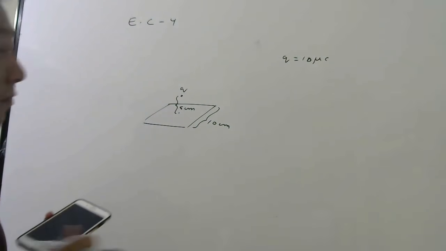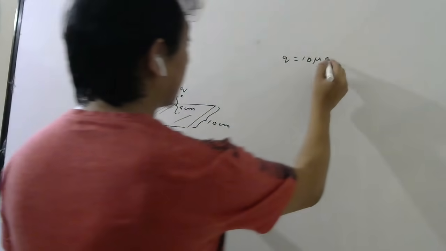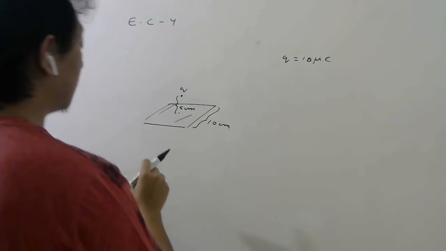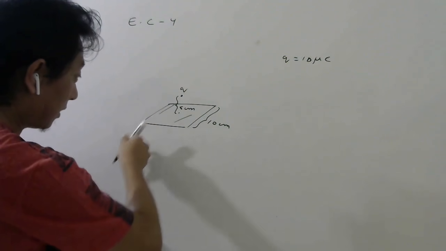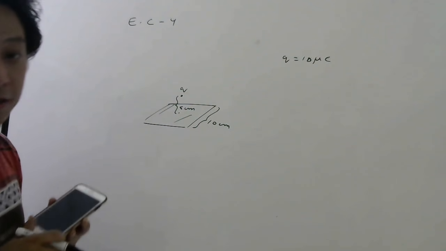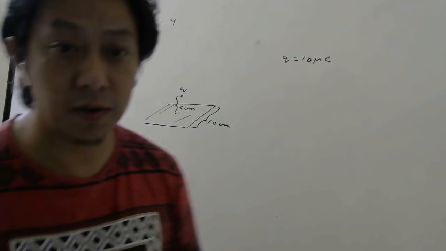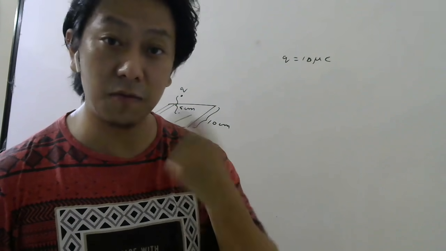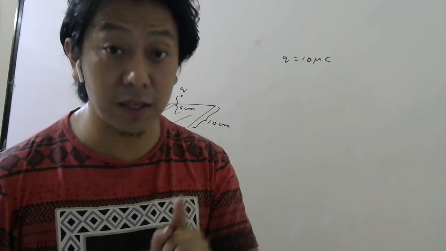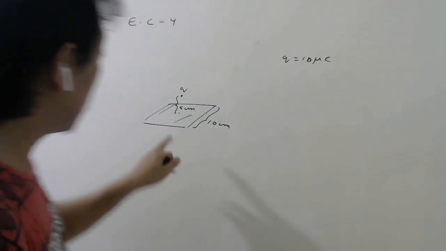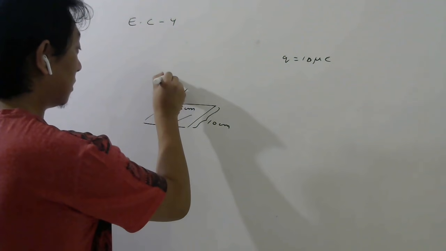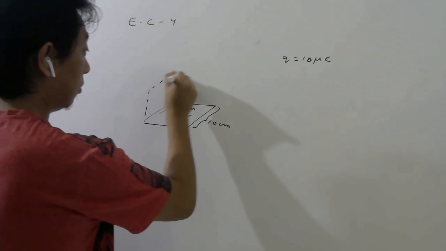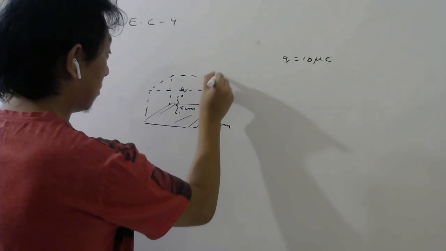You have to find flux through this surface. You know that a point charge emits radially outwards electric field, so some of the electric field lines will cut this surface. And if the lines of electric field cut a surface, then we say there is an electric flux through the surface. So how to find the flux through this surface? Yesterday I told you the technique. You construct a closed surface by drawing this cube.